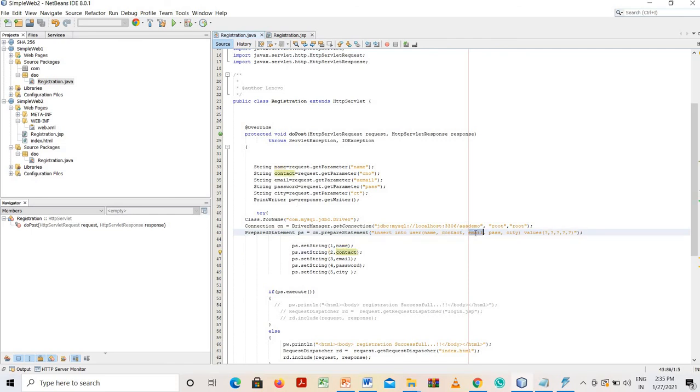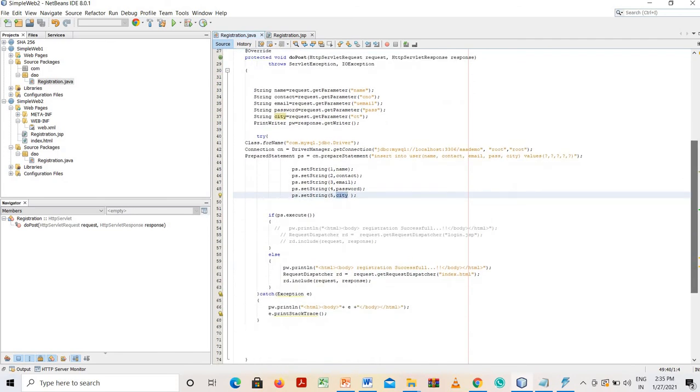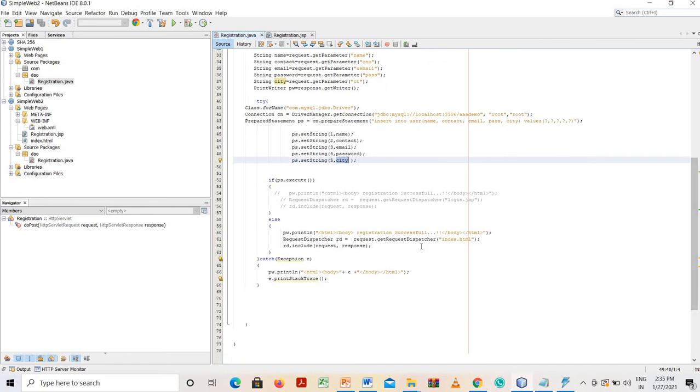Third question mark is email. So we have inserted this email from here. Fourth is password. We have inserted the password which is here. Fifth is city. So city is here. We have inserted from here. So we have inserted all these things, and if the query is executed, we have to go to